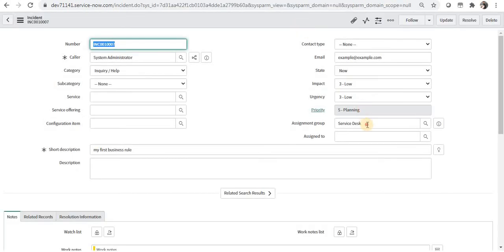And after the save has happened, you can see the default assignment group has been changed to service desk automatically, and now this incident will be assigned to service desk and this will not be hanging in ServiceNow system forever and nobody will see this. So this is how you can create business rules in ServiceNow.